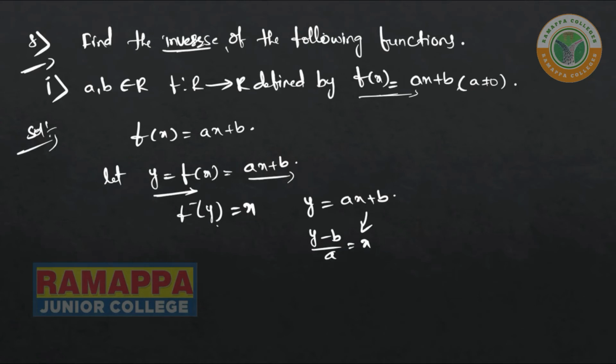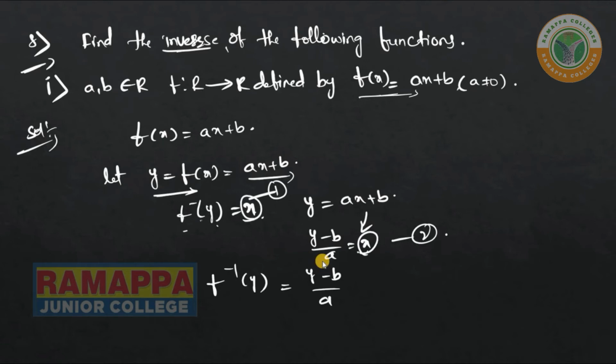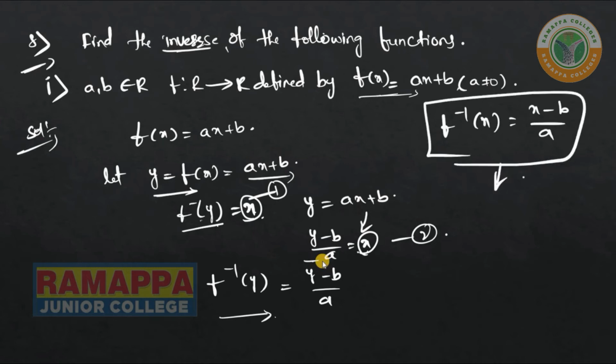Okay, so here I will take this f inverse of y as 1 and this as 2. Where x is equal to this, so f inverse of y is equal to (y minus b) by a we can write, because from 1 and 2, x is equal to both, so these two are also equal here. I will write this one. Now he is asking us to find f inverse of x. So we can write f inverse of x is equal to (x minus b) by a. So this is the answer of the question.